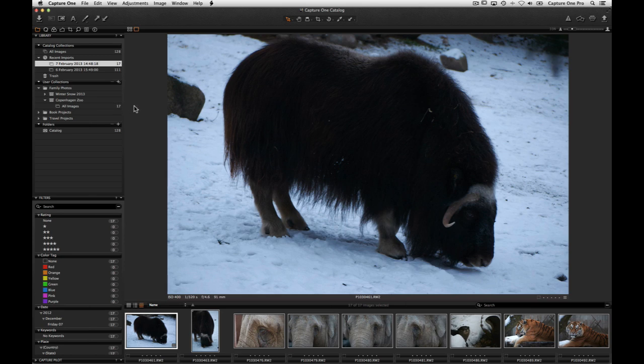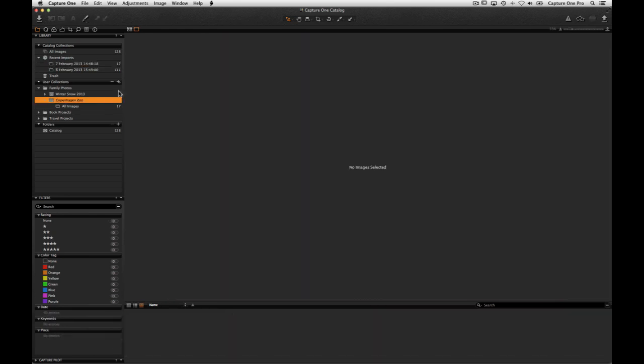Projects also limit the search scope of a smart album. Smart albums are populated based on their search criteria, for example a rating or a keyword. Therefore, placing a smart album within a project is a great way of automatically filtering selected images, for example. To make a smart album, follow the same procedure as before.